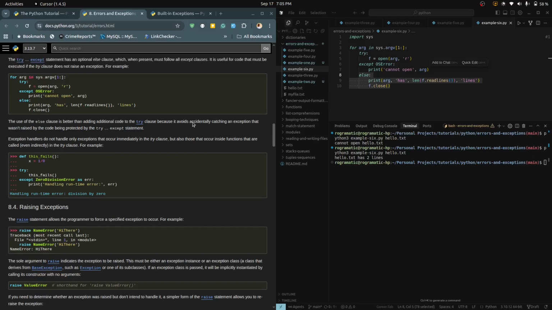The use of the else clause is better than adding additional code to the try clause because it avoids accidentally catching an exception that wasn't raised by the code being protected by the try except statement. Exception handlers do not handle only exceptions that occur immediately in the try clause, but also those that occur inside functions that are called even indirectly in the try clause. For example,